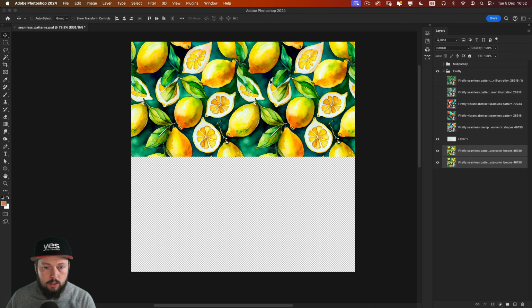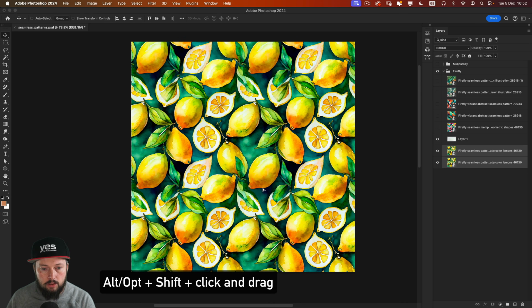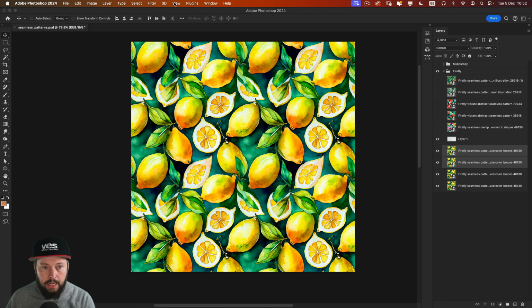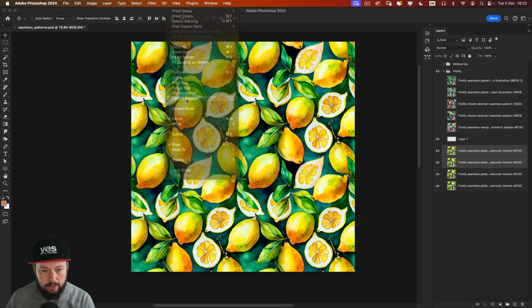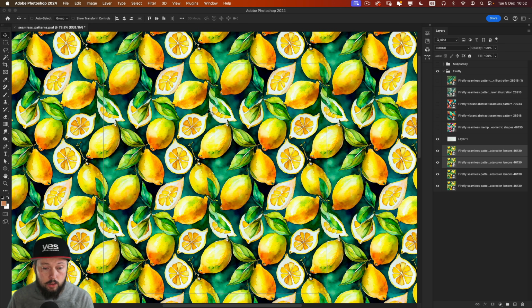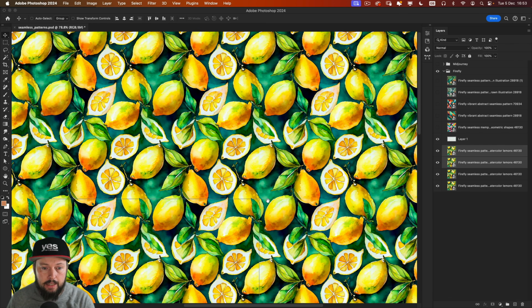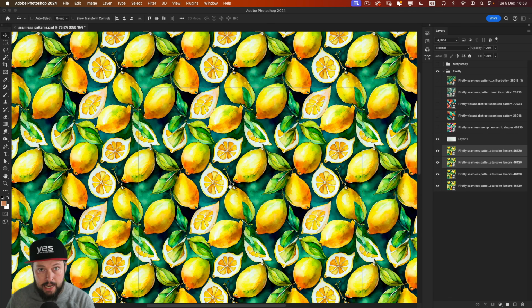Now select these two in the Layers panel with the Shift key, and then again Alt or Option key and Shift key together, drag it down. So now we have 4 tiles put together. Now it's time to switch back to the pattern preview. And what happens now is that we have a larger document boundary, and all 4 tiles are repeated now here in this preview outside of the canvas.